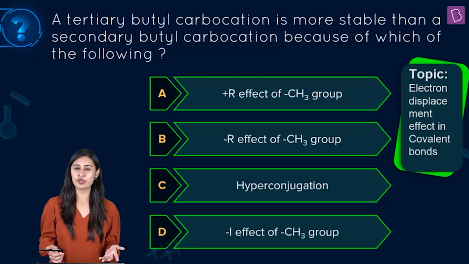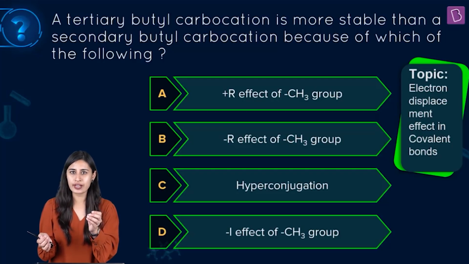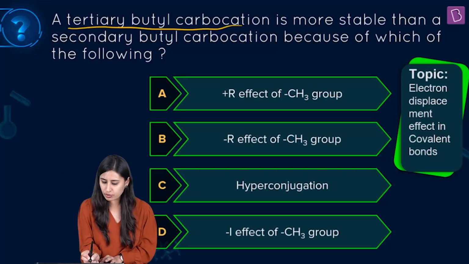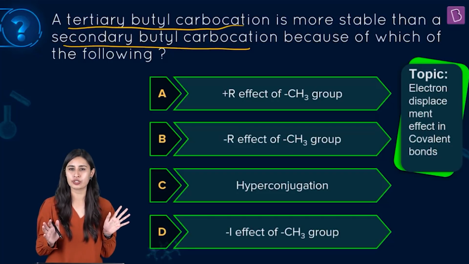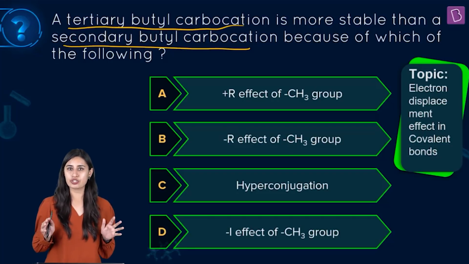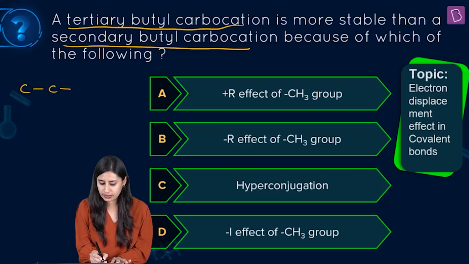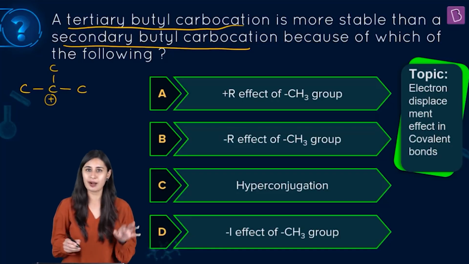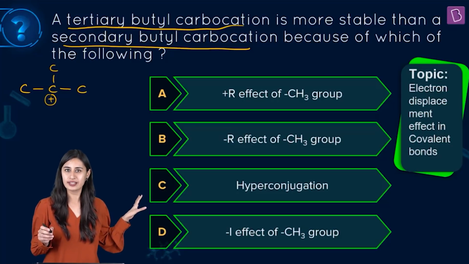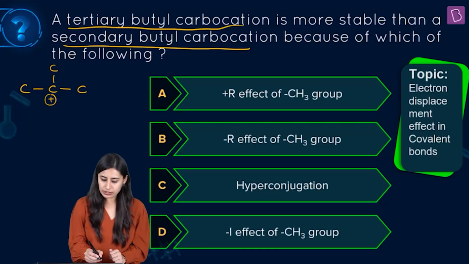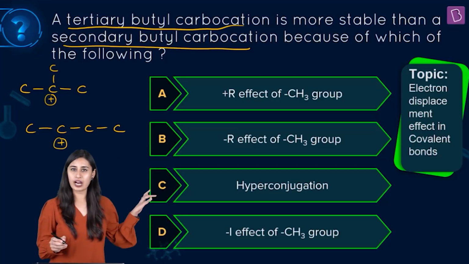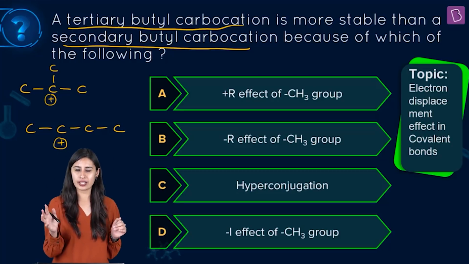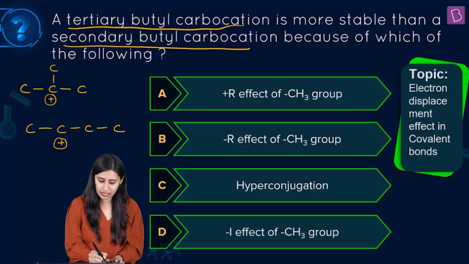And when I talk about the stability of intermediate, I want to give you a magic wand. Before I do, let's address the elephant in the room, which is, what is this tertiary butyl carbocation and secondary butyl carbocation? Two simple names coming in front of you. The two simple intermediates mentioned out here are tertiary butyl. You know what is a tertiary group? And tertiary butyl is nothing but carbocation attached to the 3 methyl groups like this. The carbon with a plus and 3 methyls. What about secondary butyl? Of course, 4 carbons. And the plus is on this carbon where on one side we have methyl, on the other side we have ethyl. So this becomes a secondary butyl carbocation.